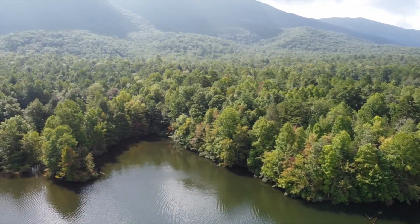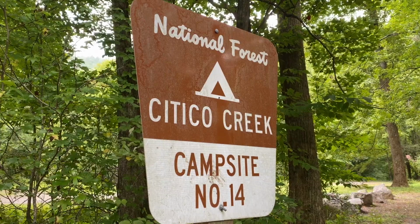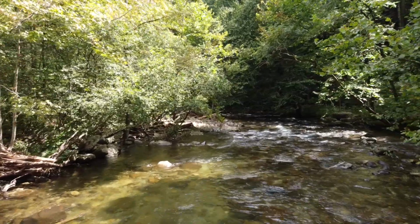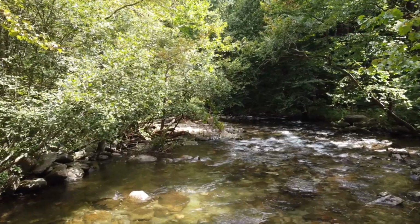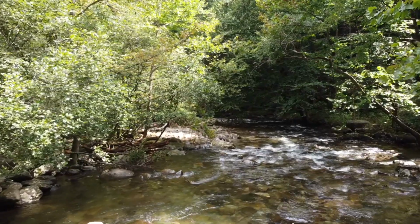We finally made our way down into the Citico Creek Wilderness area. The first stop is campsite number 14, also known as Warden Field. A short distance upstream of here, you'll find the confluence of the North and South Fork Citico Creeks. This serves as the upper boundary for our special regulation area, and from that point down to the confluence with Little Citico Creek is closed on Thursdays and Fridays during stocking season to allow the Tellico Hatchery crew to stock